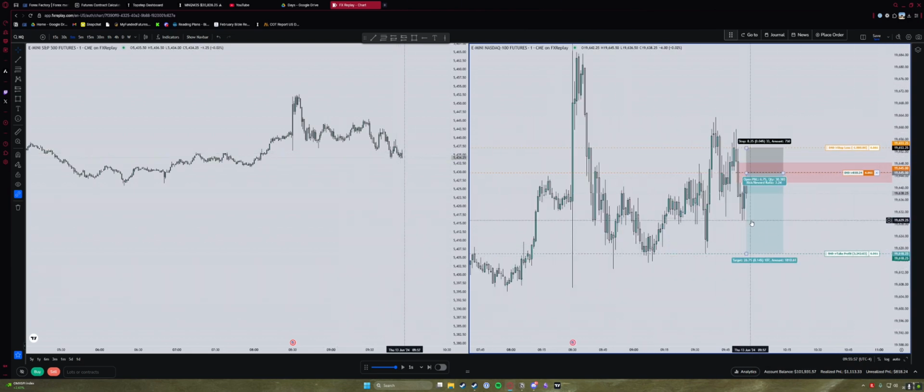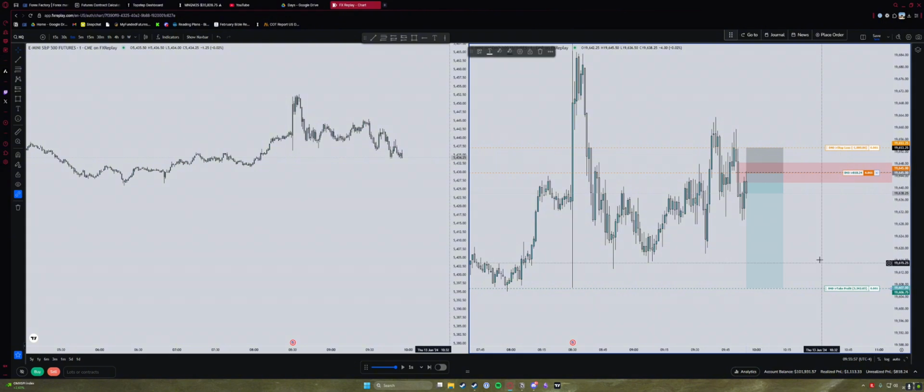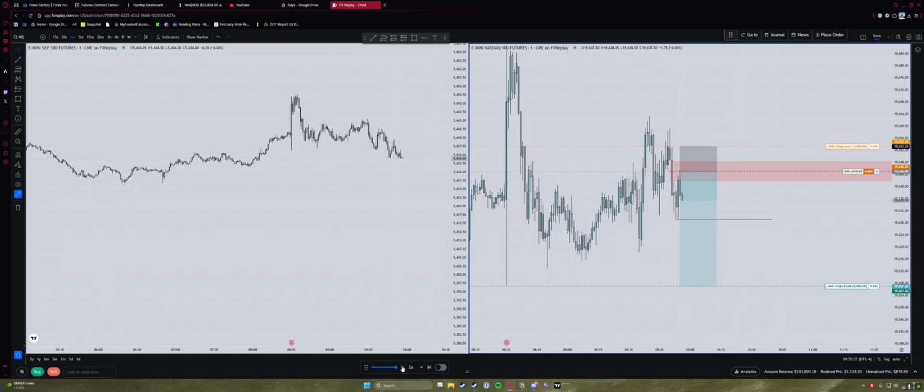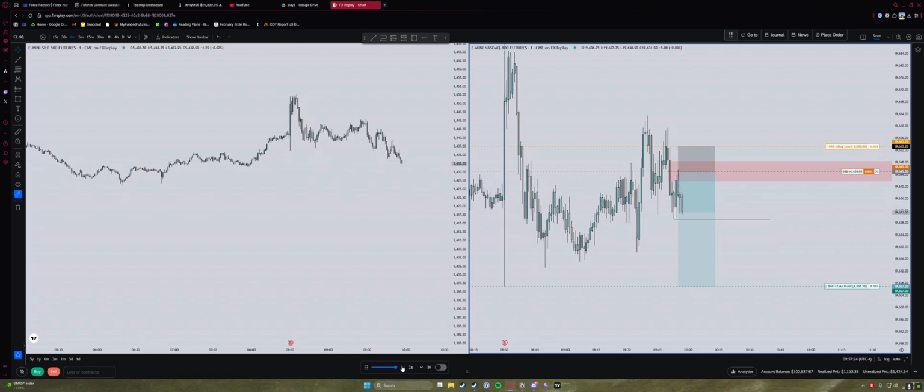I'm going to set the take profit. Wait, I'm actually going to target this data low instead, because I think we're going to draw towards that. Stop loss to break even when we take these lows. Stop loss to break even now.